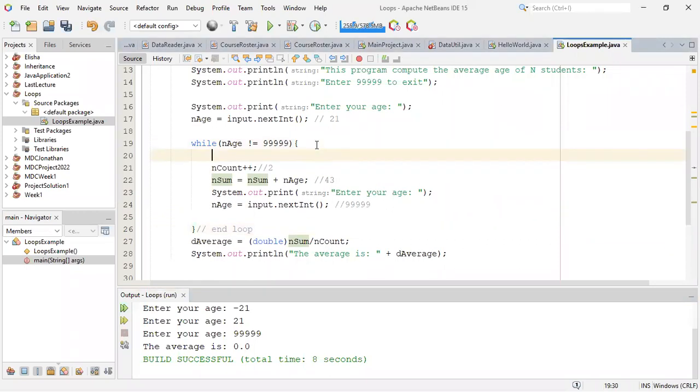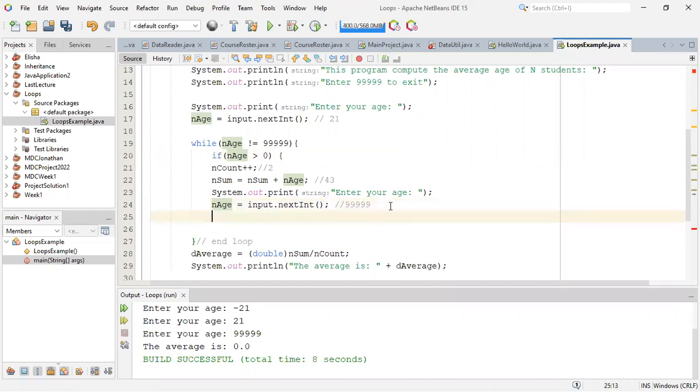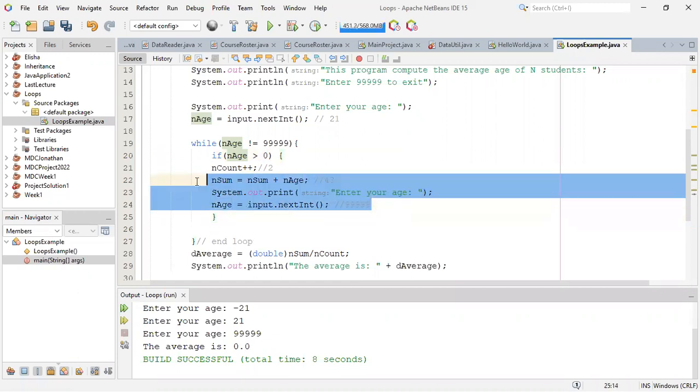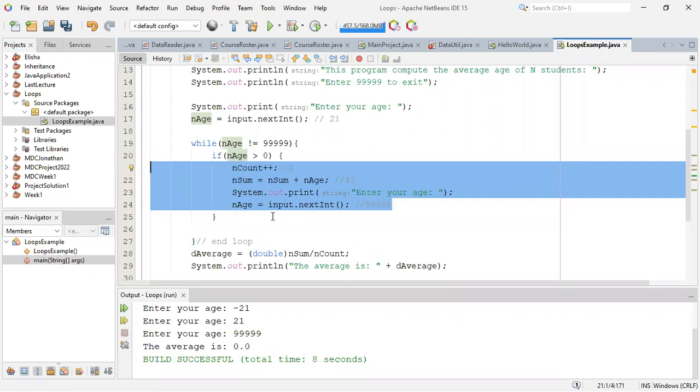So we need to validate if NH, okay, so let's verify the age. If the age is greater than 0, it means that everything is perfect, right? So if everything is perfect, let's do that. Okay. Now,